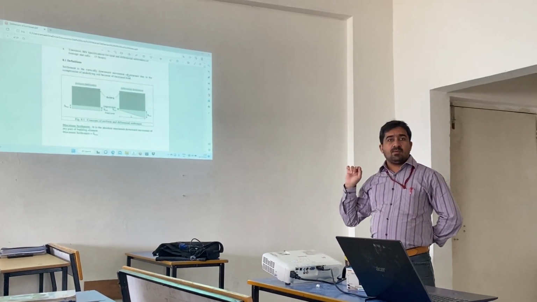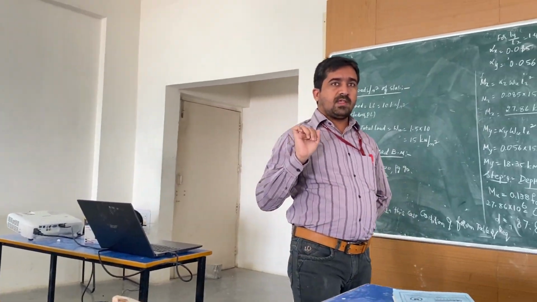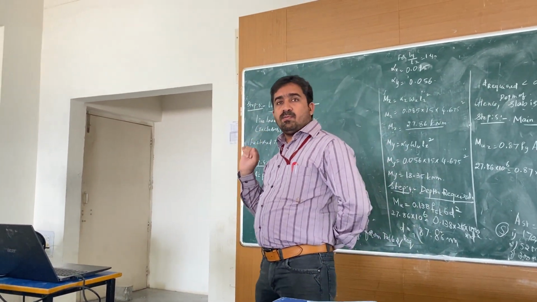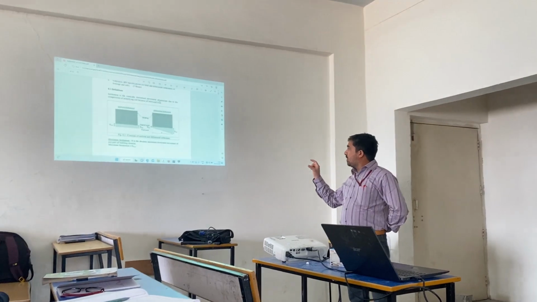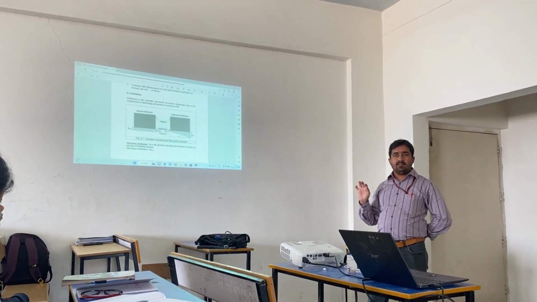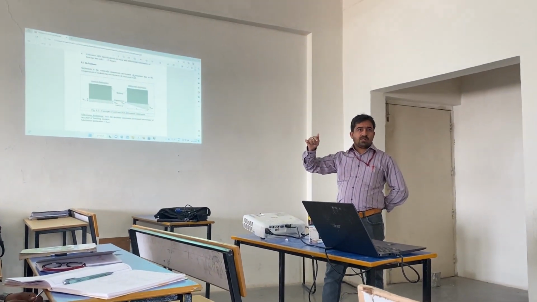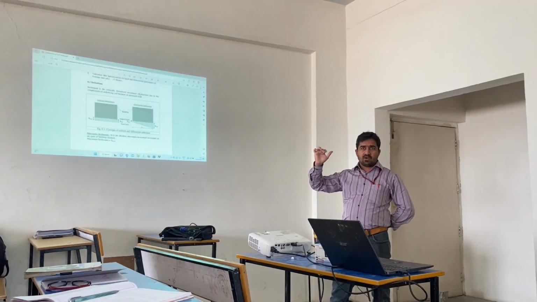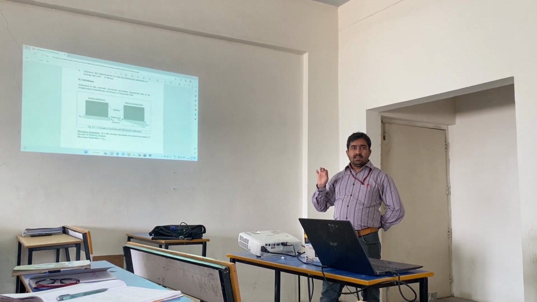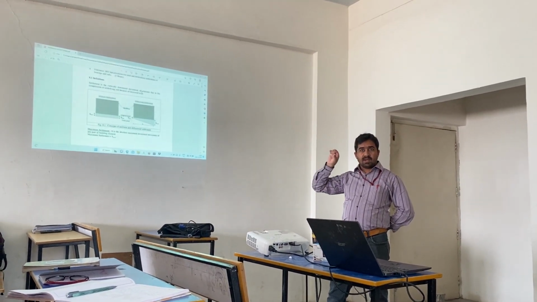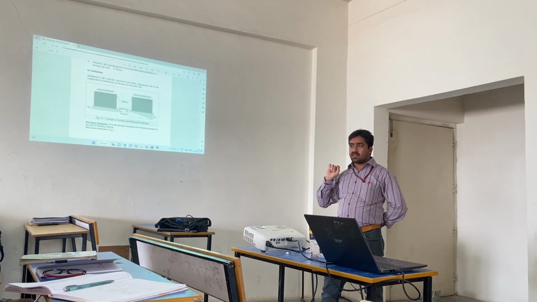Now, what is maximum settlement? Maximum settlement is indicated by S max. What is the definition of maximum settlement? It is the absolute maximum downward movement of any part of a building element. It might be the beams falling, it might be the columns falling down, or any component of the building, up to a maximum extent. That representation is called maximum settlement, which is indicated by S max.